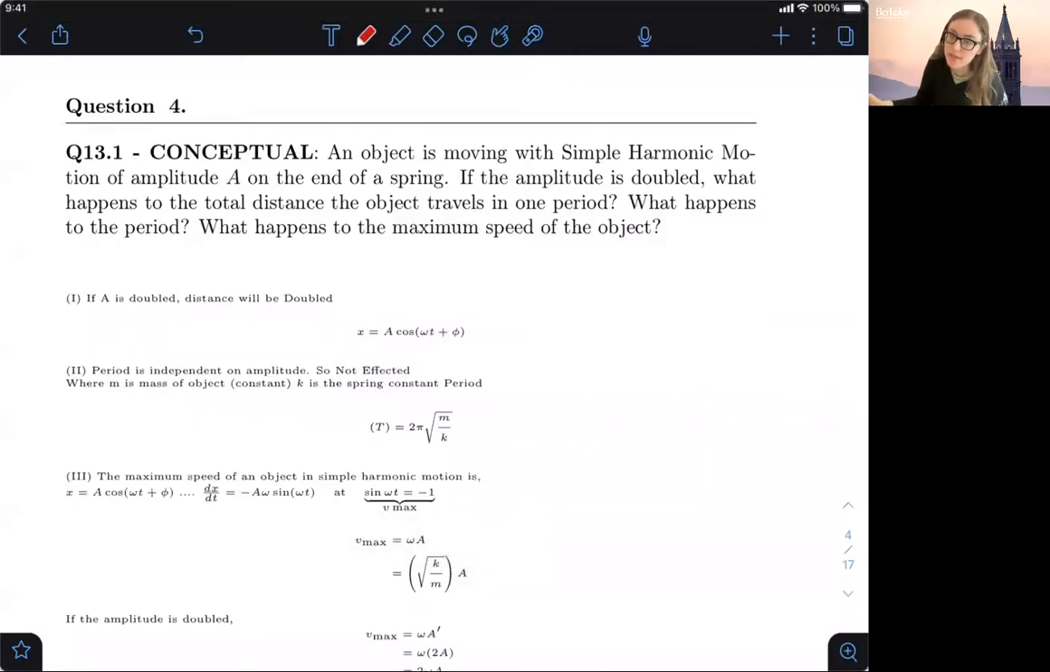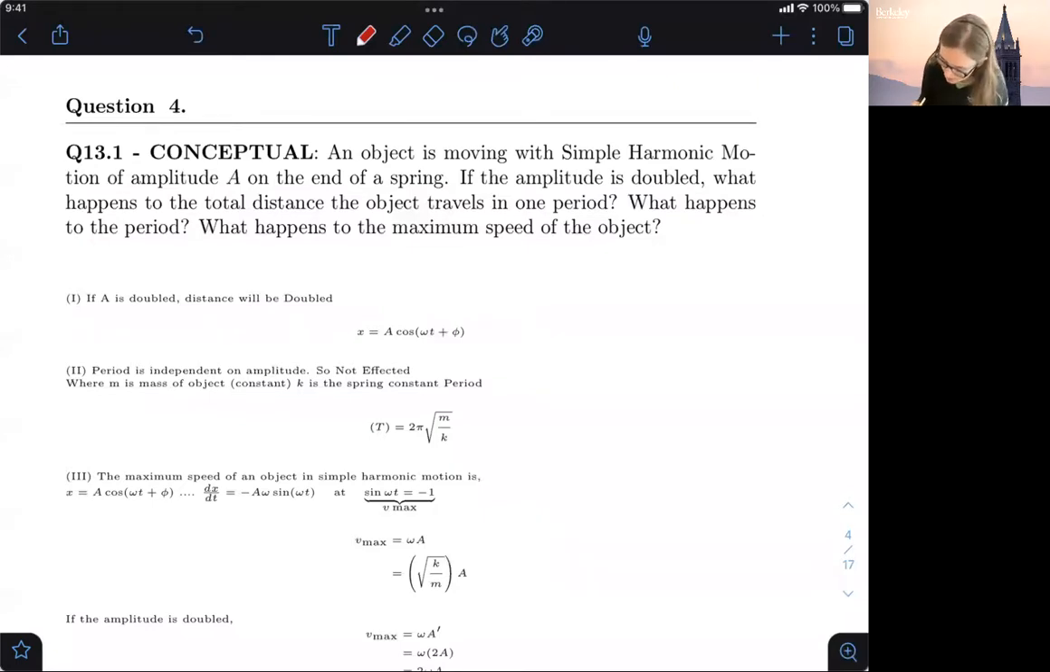Okay, so this is another conceptual question where we're going to look at our general equations for an object moving with simple harmonic motion and what happens if we manipulate them in a certain way. So we want to know what happens if the amplitude is doubled: what happens to the distance that it travels, what happens to the period, and what happens to the maximum speed